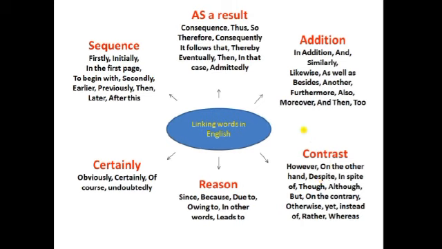Similarly, the linking words for reasons, if you are providing the reasons: since, because, due to, owing to, in other words, it leads to the. So these are the words that can be used in place of reasons. These are the linking words of English. 'Certainly' can be replaced with obviously, of course, undoubtedly. For example, the flavonoids are responsible for the antioxidant activity. So if you got the same results, you can write certainly or obviously. It is reported earlier that the flavonoids are responsible for the antioxidant activity. So you can use obviously, certainly, of course, undoubtedly. This can be used in this way.